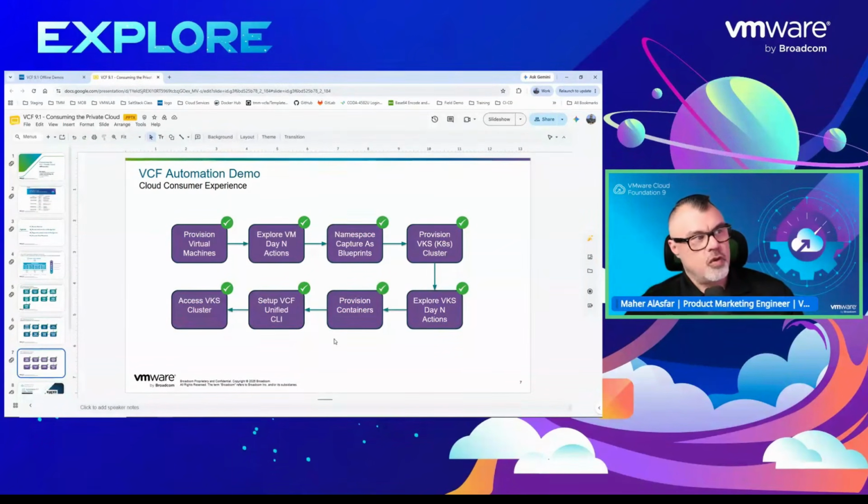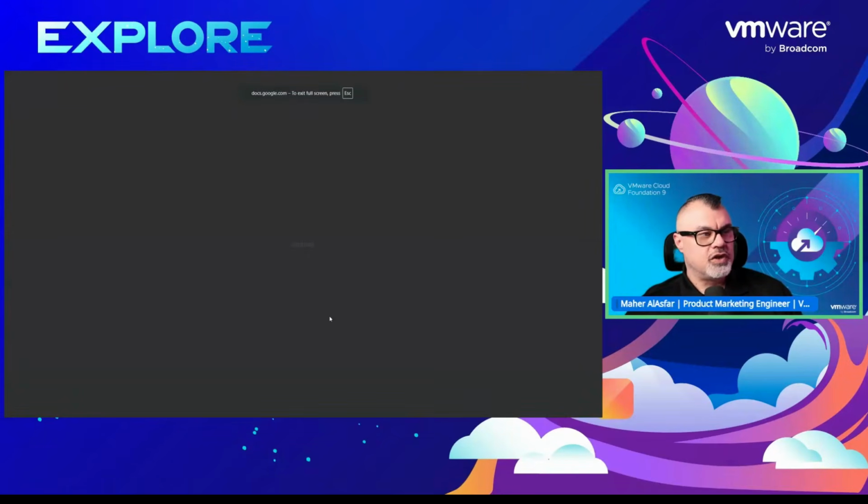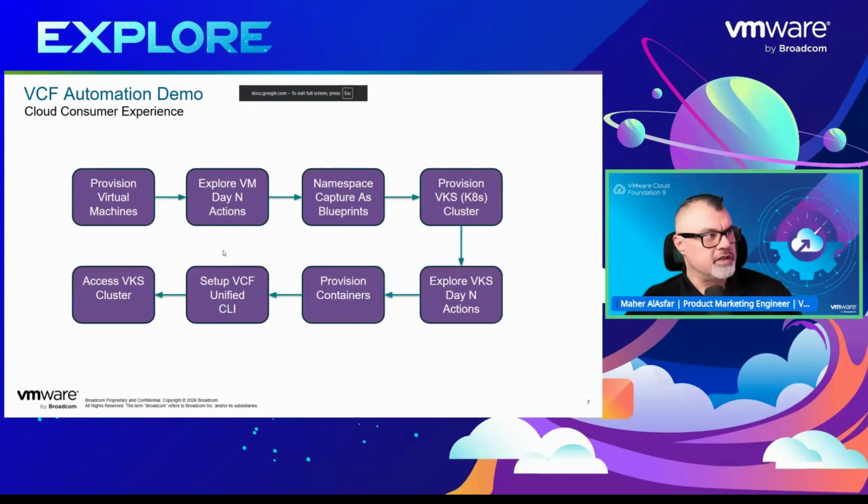Next, we're going to talk about the cloud consumer. Let me put this in slideshow. We're going to talk about the cloud consumer experience. So we're going to provision a virtual machine. We're going to explore some of the VM day 2 actions available to us. We're going to do namespace capture as a blueprint, as one of the flagship features of 9.1 that got provisioned. We're going to provision also a Kubernetes cluster, look at some of the day 2 actions, and also provision containers. And we'll see if we can set up a VCF CLI now that we don't have access to the live